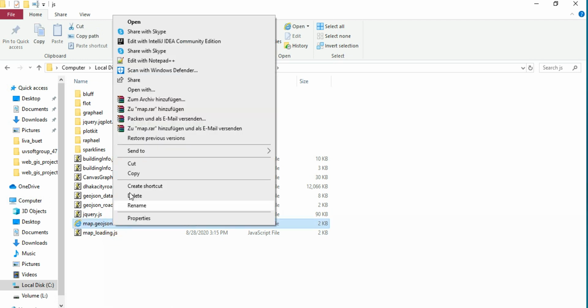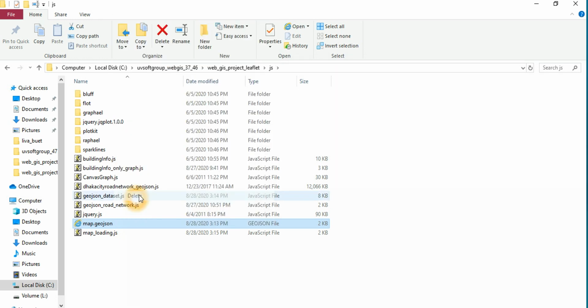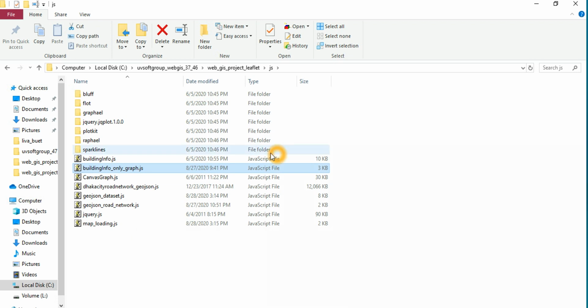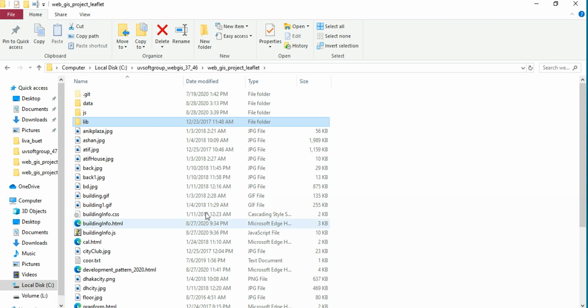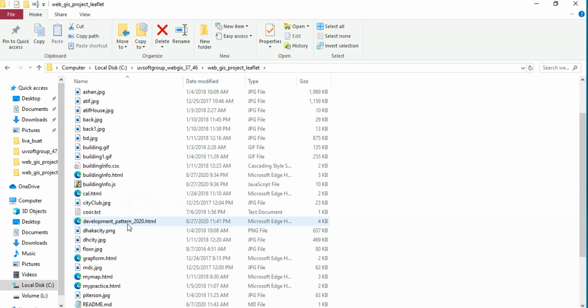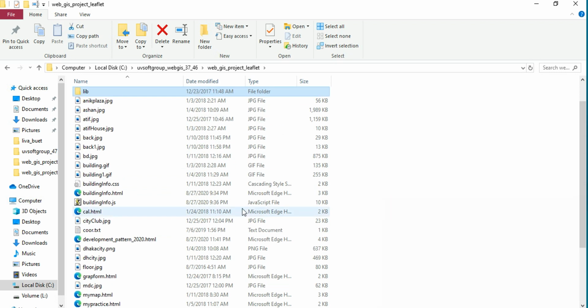You can delete this one, we don't need it anymore. All the JavaScript that you personally wrote, and the JavaScript libraries you need in your WebGIS application, go into your HTML page from here. That's the structure. Libs is for other JavaScript libraries, and all your resources, like images, go in their own directory. It's a very specific structure, and a little bit ugly, but later I will restructure all these things together.